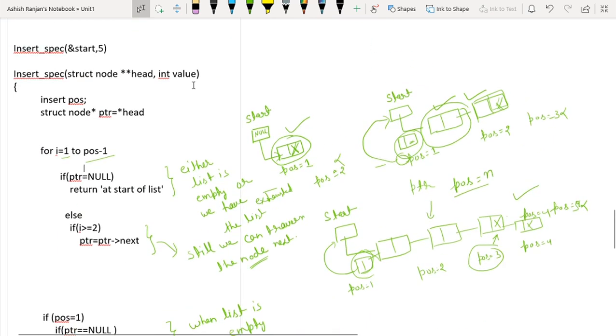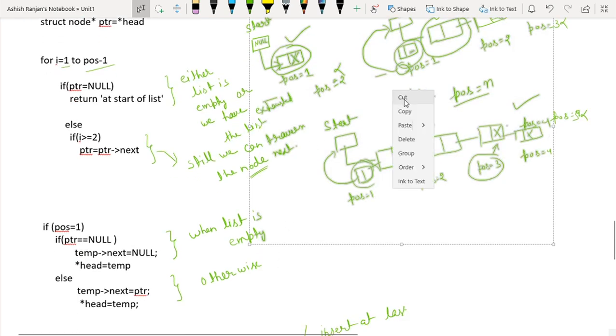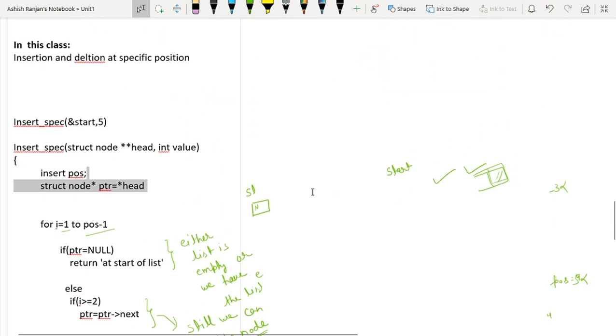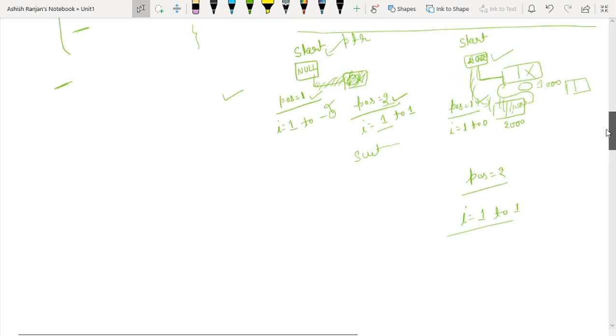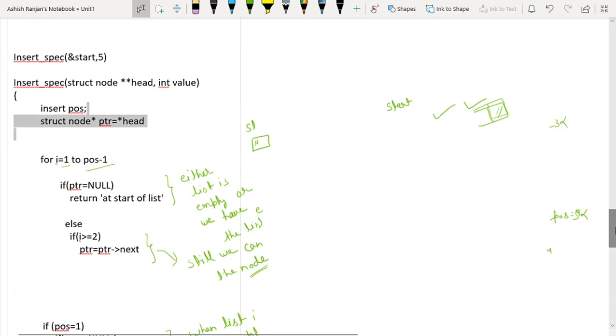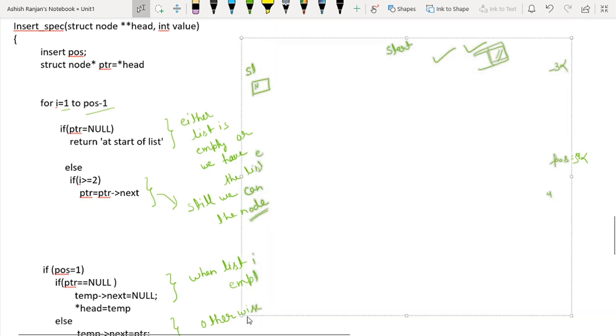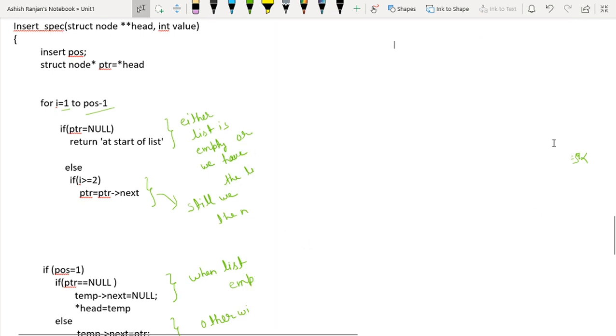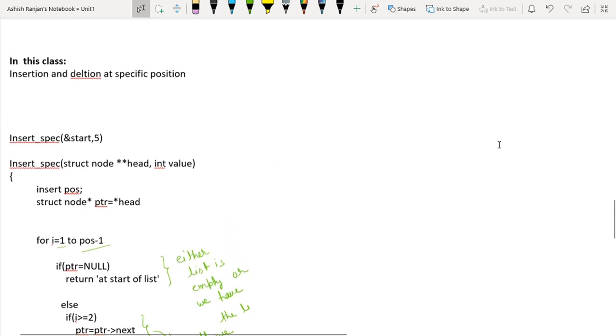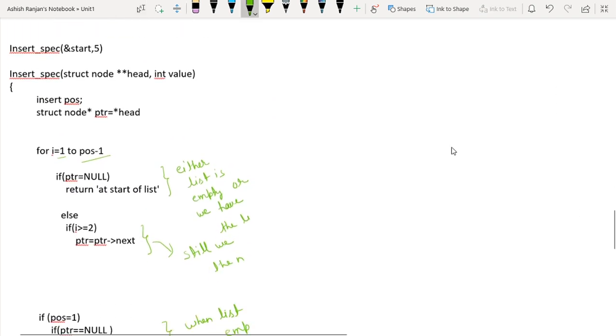I'm making this empty. First case, when start is null, let's see what happens.